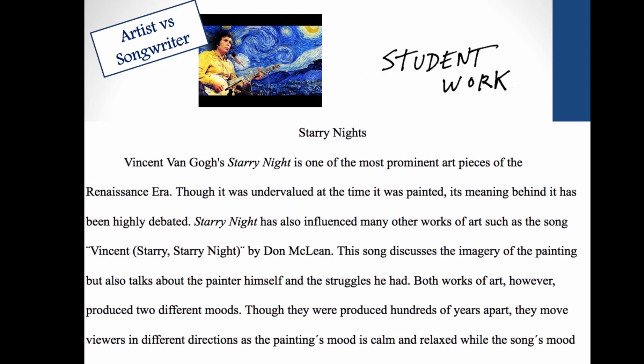This is another example of an introduction I got. Vincent van Gogh's Starry Night was one of the most prominent art pieces of the Renaissance era. Though it was undervalued at the time it was painted, its meaning behind it has been highly debated. Starry Night has also influenced many other works of art, such as the song Vincent's Starry, Starry Night by Don McLean. This song discusses the imagery of the painting, but also talks about the painter himself and the struggles he had. Both works of art, however, produce two different moods. Though they were produced hundreds of years apart, they move viewers in different directions, as the painting's mood is calm and relaxed, while the song's mood is sad